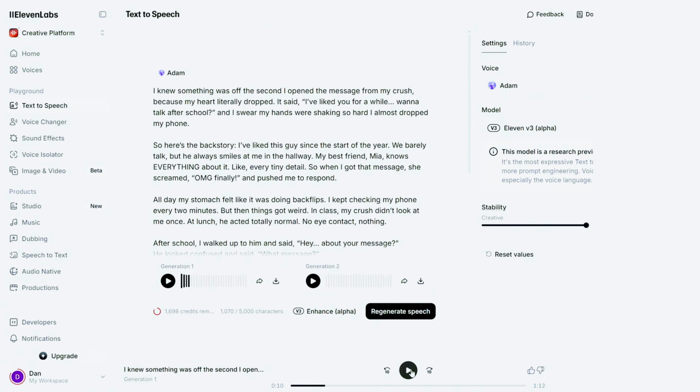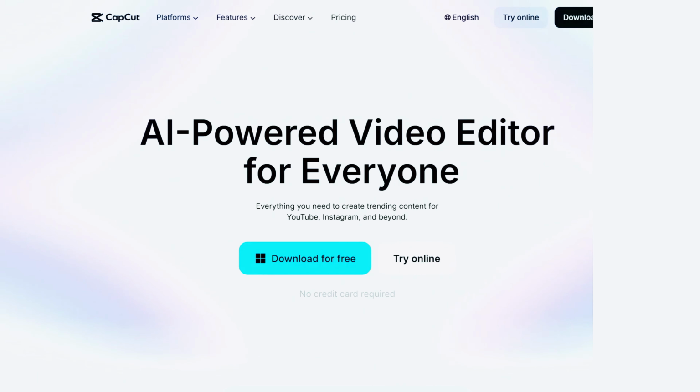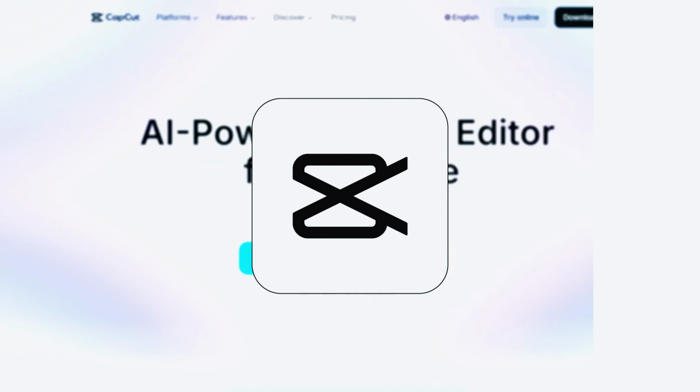As you can see, the voiceover came out really well. And now that it's generated, you'll notice 2 different variations of the same voiceover in the section above. Just choose the one you like the most, and then download it by clicking the download button next to it. And once that's done, now to edit the video, we'll use a free tool called CapCut, so go ahead and